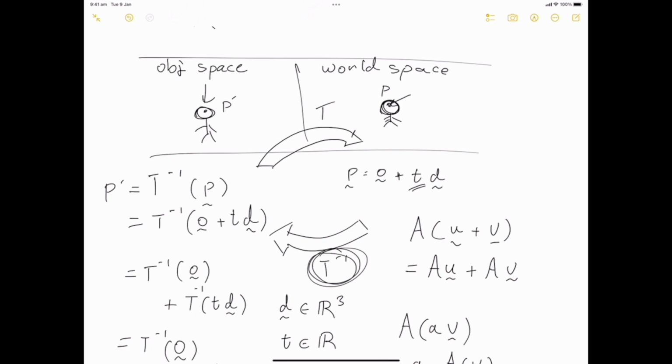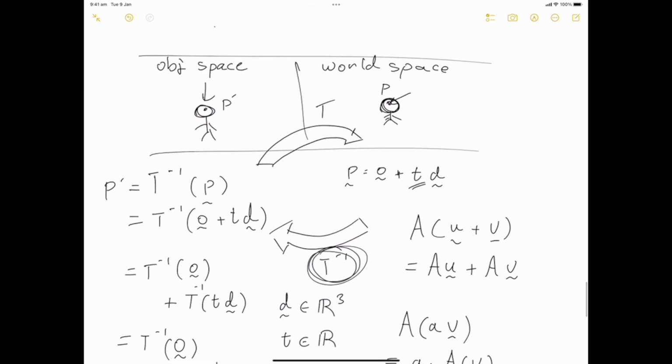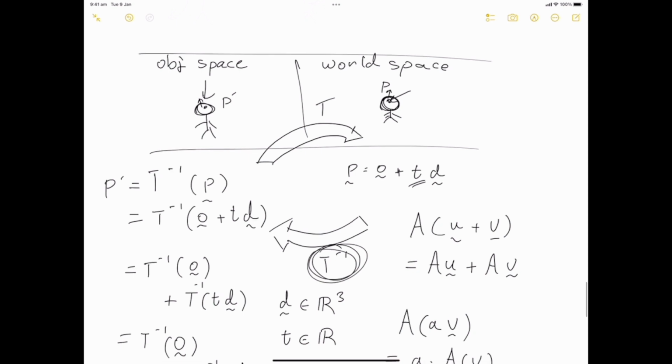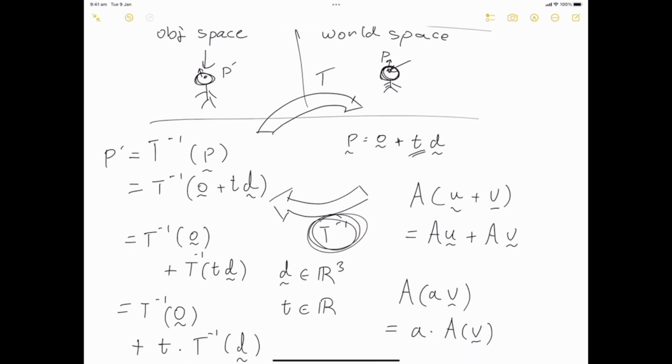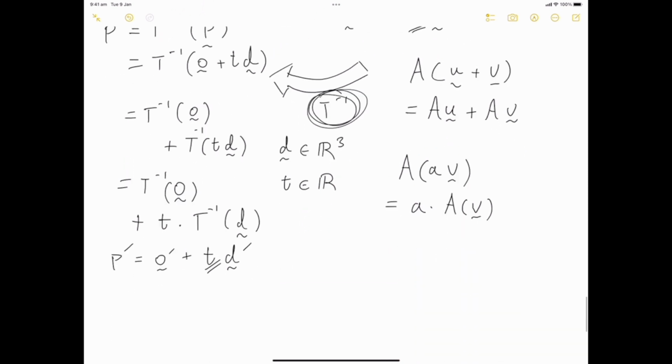But what we might also want to do is we might have a normal vector, some information, like this little surface has a normal, and we want to know what is that in world space. So how do we map the normal into world space? You could be saying, okay, no problem. Well, we have a transform t, we'll just apply t to the object space normal, but it would be better if we could save a bit of space and just talk about the